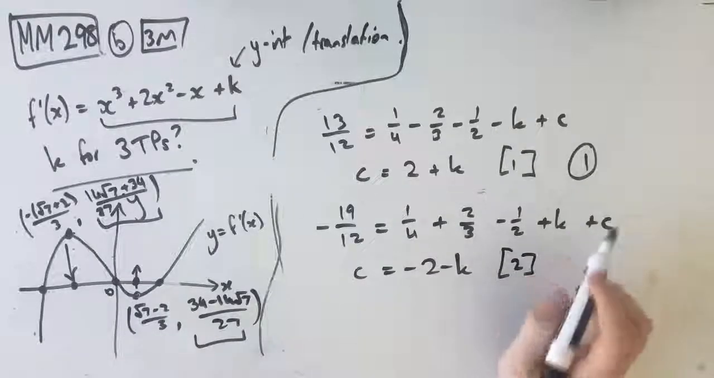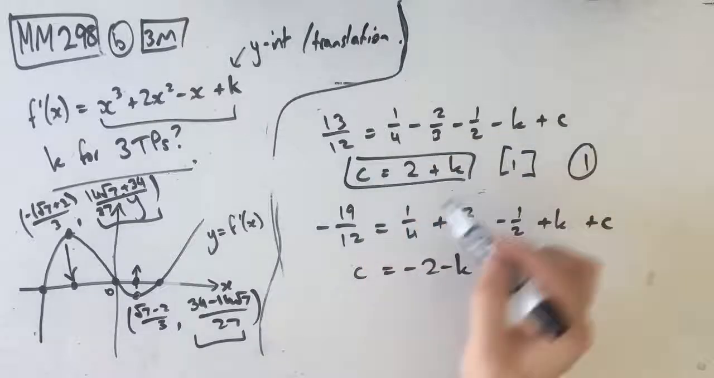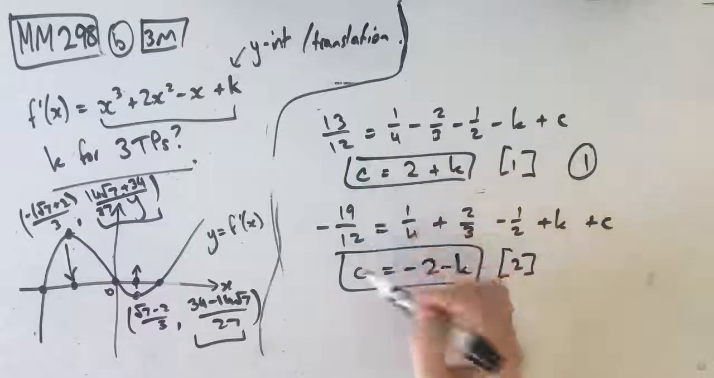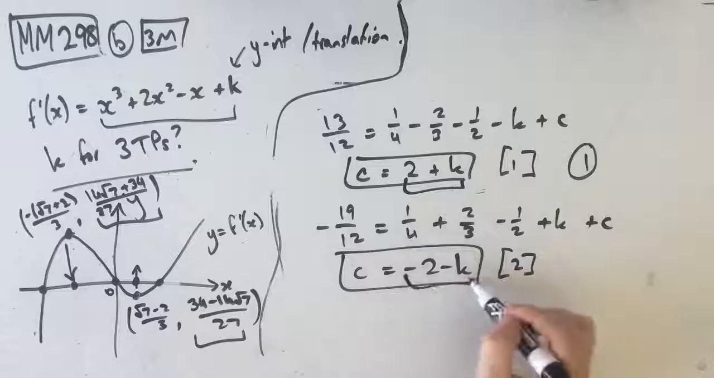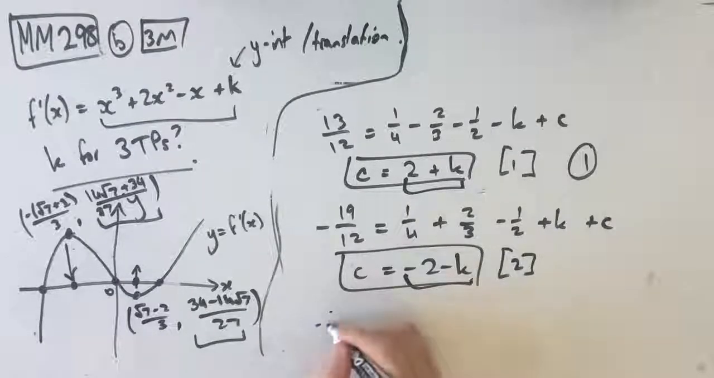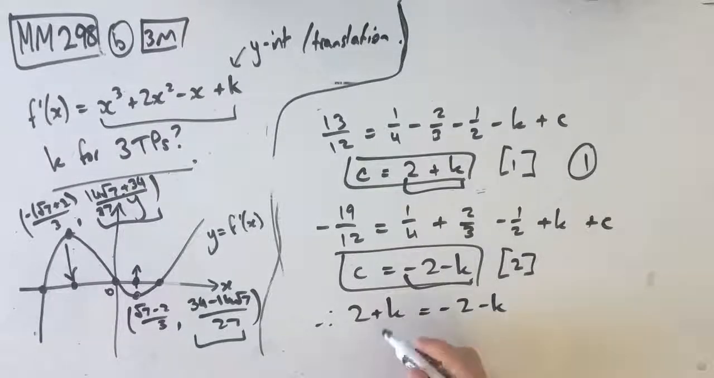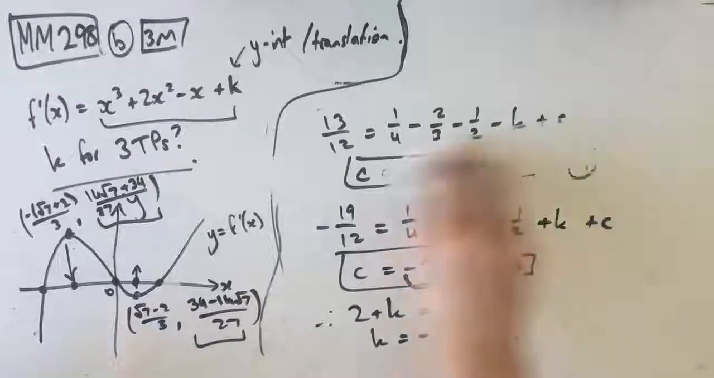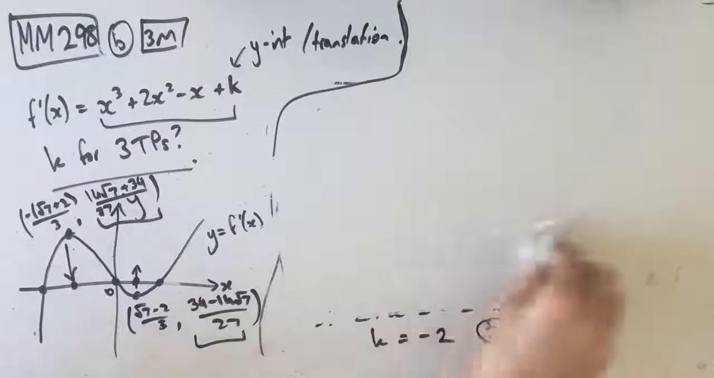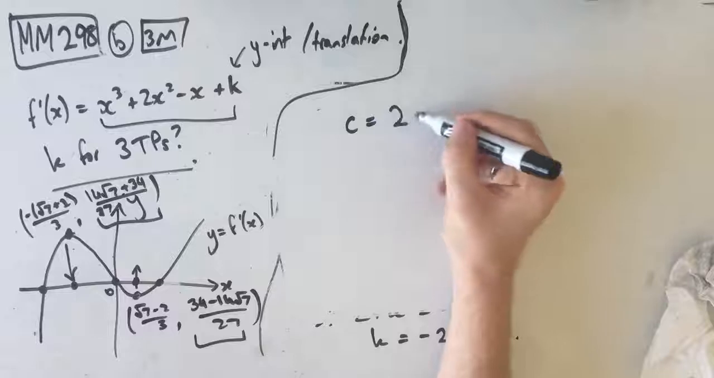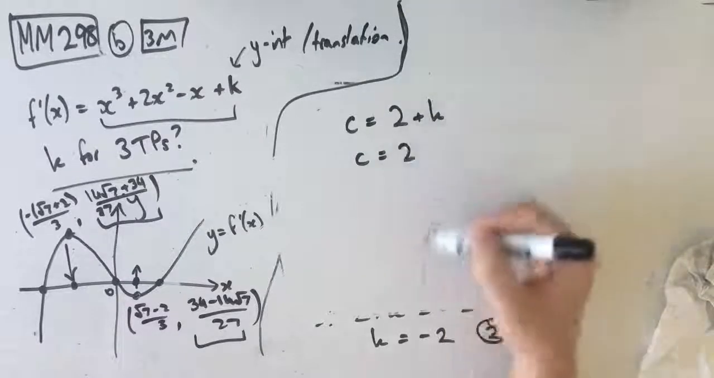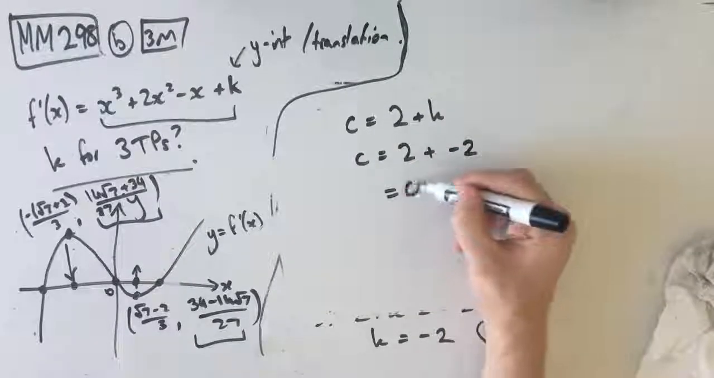Now, we can see that our simultaneous equations here are both equal to c, right? Which means we can equate this, and that'll allow us to find k. So therefore, 2 plus k is equal to -2 minus k, and therefore k is equal to -2. This is our second mark, okay? So we've got our value of k, and we know that c is equal to 2 plus k, which means c is equal to 2 plus -2, c equals 0,